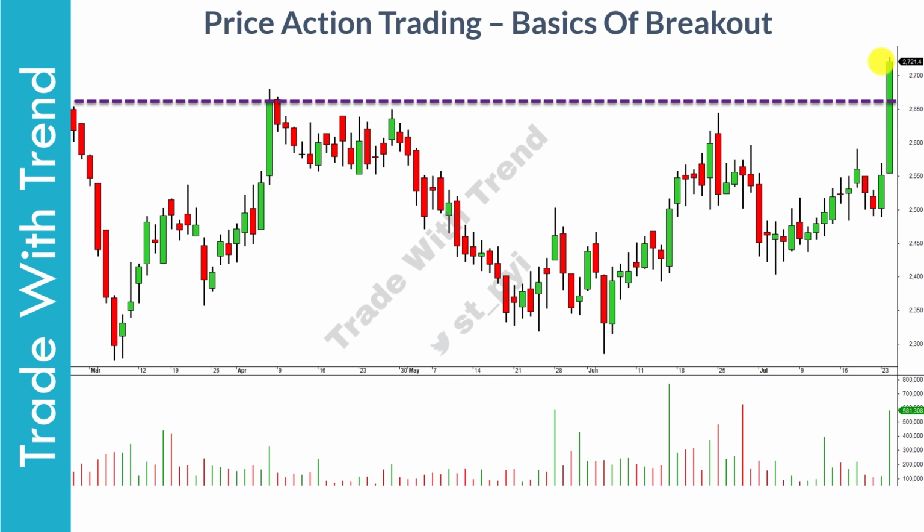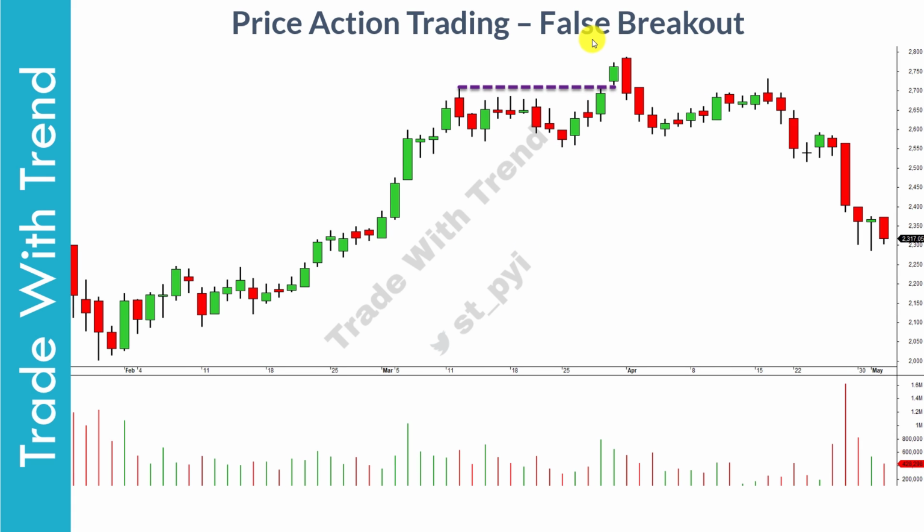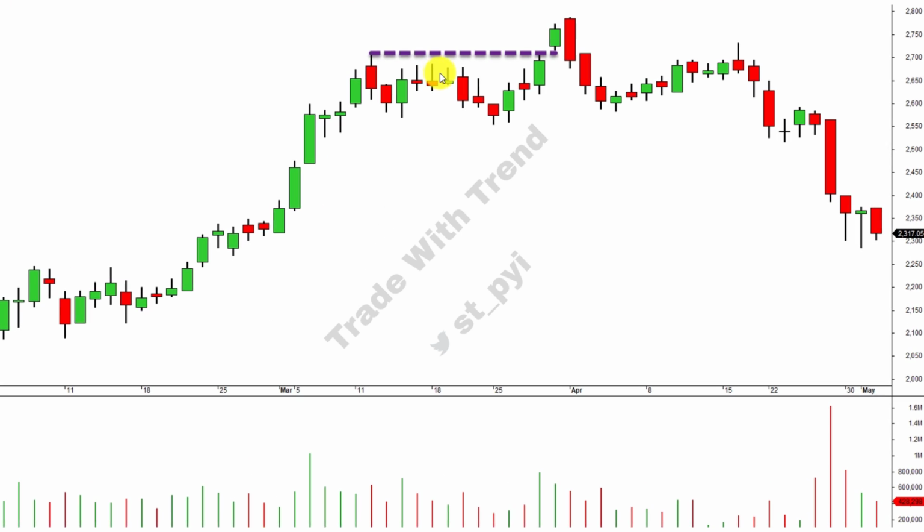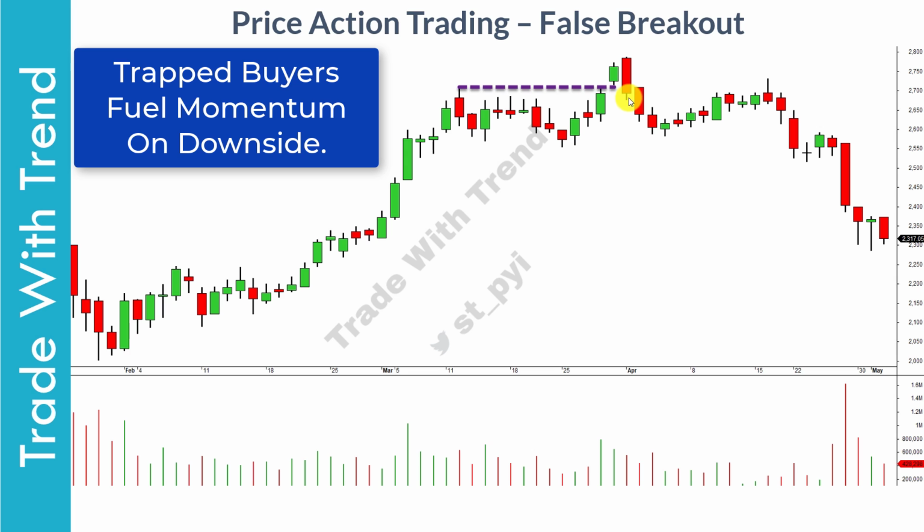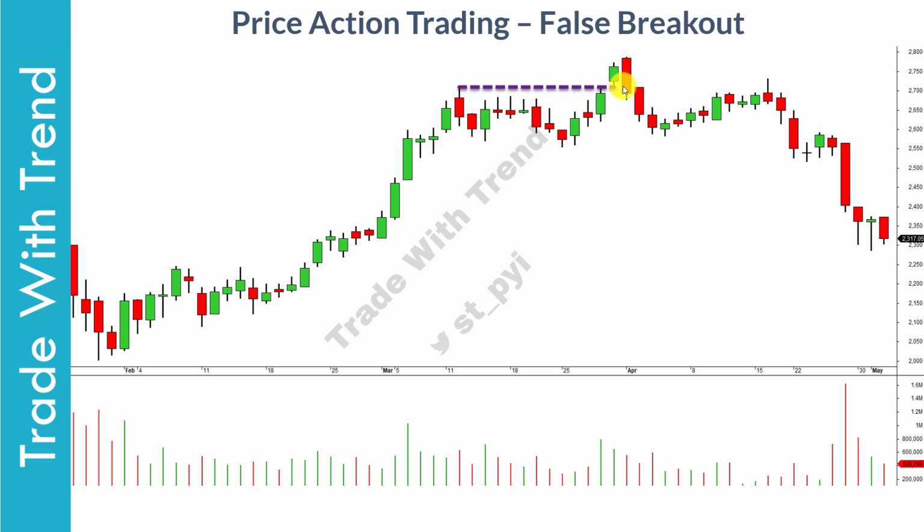Now that you have understood the basics of breakout, let me show you what a false breakout is and how you can avoid these in real time. A false breakout in price action trading is when clear resistance is established, price then moves above it and then stages a complete reversal. All the buyers who start buying after the breakout get trapped here and price then moves in the opposite direction. This is a very common problem for breakout traders, and at times it can be very frustrating, and this remains the number one reason why most traders quit breakout trading methods.